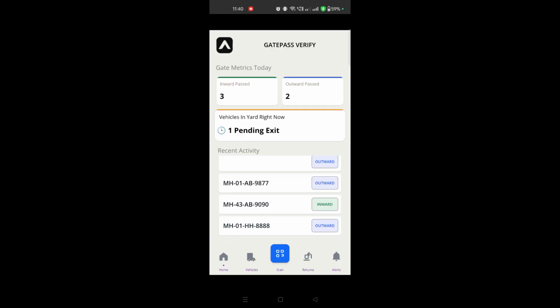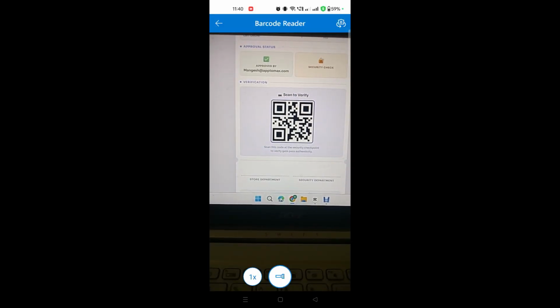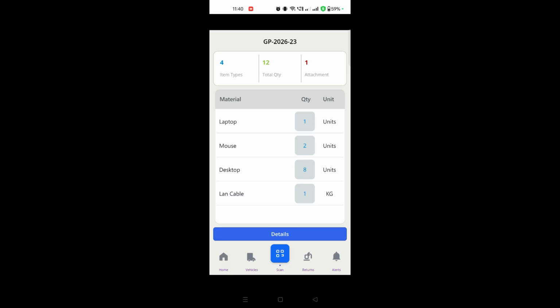Now let's move to the security mobile app. At the gate, security staff simply scan the QR code using the mobile app. After scanning, they can instantly see all gate pass details, including vehicle details, material information, vendor details, and approval